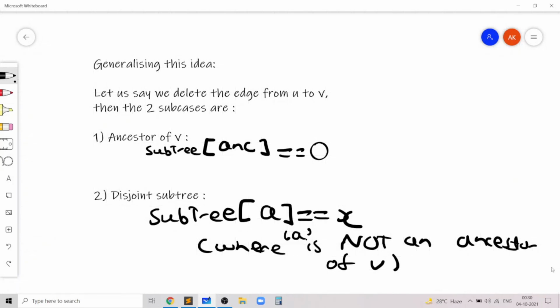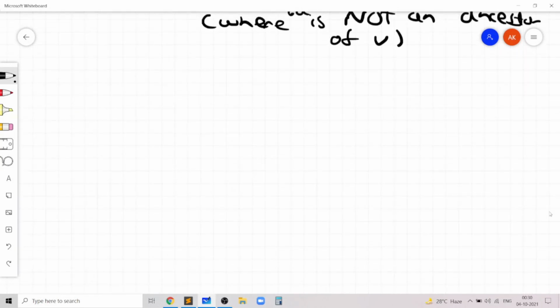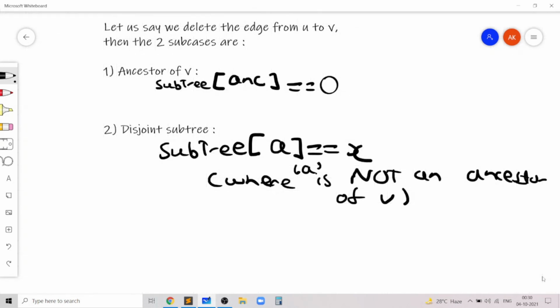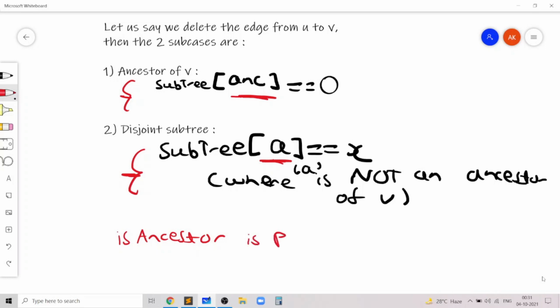So now going more into the details of the implementation, we first compute the subtree XORs in one DFS, and in the second depth first search, we need to find out how to store these two values. So to store these two pieces of information in the second depth first search, we can use two variables. The first variable checks the first condition, and the second variable checks the second condition. Now the first variable, let's call it is ancestor. So is there an ancestor which has a subtree XOR 0? So we can just pass that down in the depth first search.